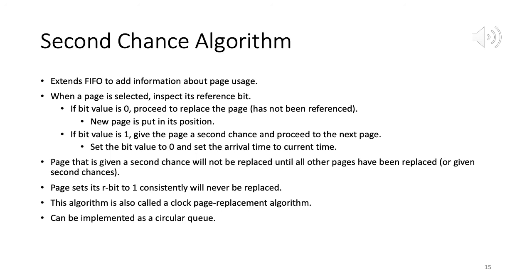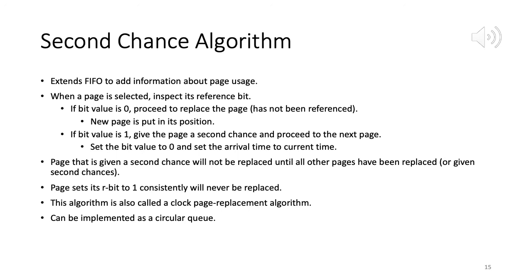So we inspect it first, its reference bit is 1, we change it to 0, give it a second chance, and again we do a circular walk through the list. When we get back again, if it's a heavily used page, its reference bit will again be set to 1, and again we set it to 0. So we keep setting and resetting from 1 to 0, 0 to 1, 1 to 0, 0 to 1, and so on. So heavily used pages will not be picked.